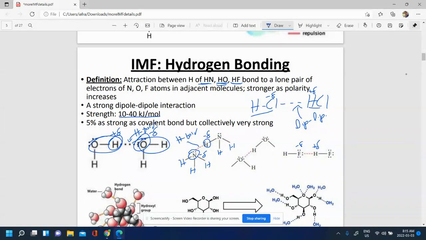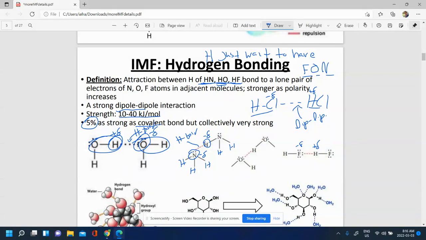Again, these are still dipole-dipole, but they're a stronger version of the dipole-dipole that have these special groups. A trick we sometimes use to remember this is H just wants to have fun. So H with F, H with O, or H with N, special groups that allow for special types of dipole-dipole called hydrogen bonding. They're very weak compared to covalent bonds, 5% the strength of a covalent bond, but collectively